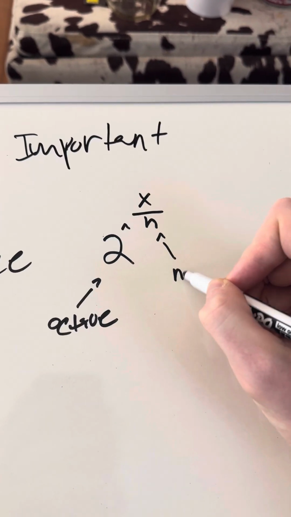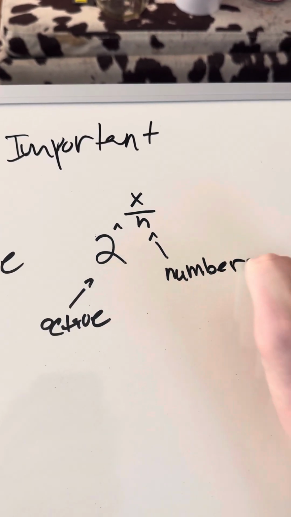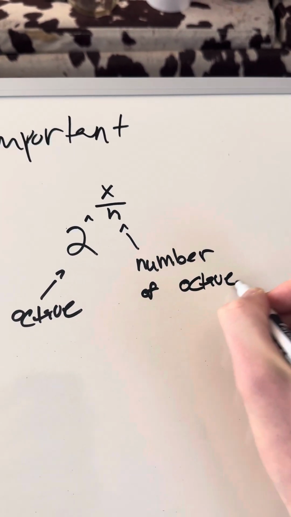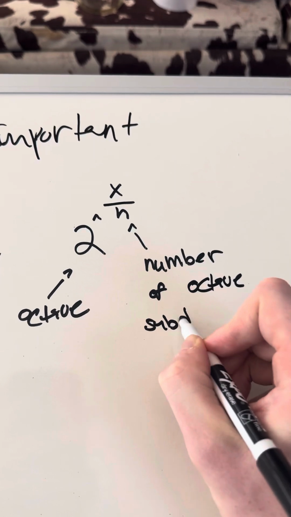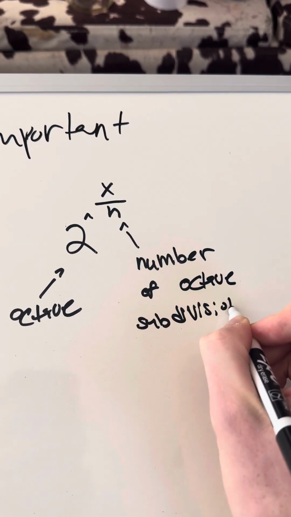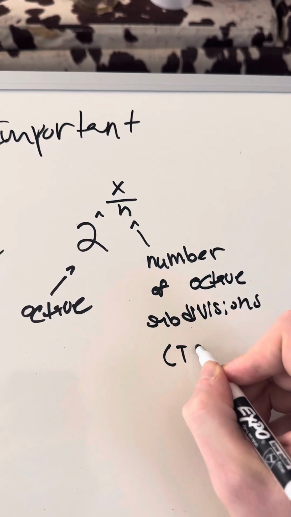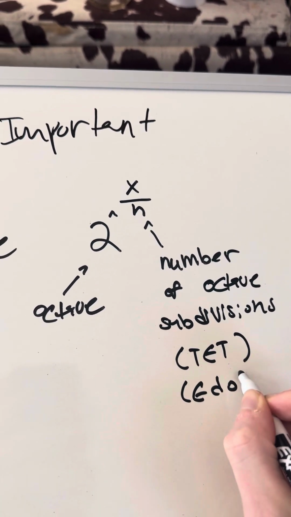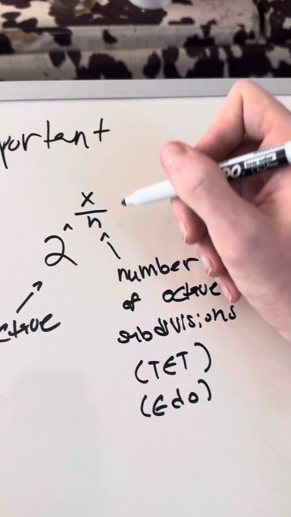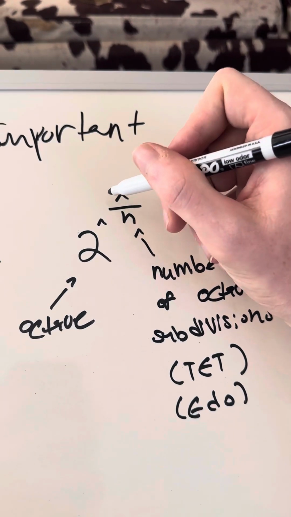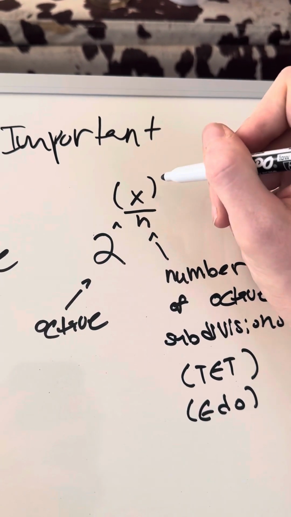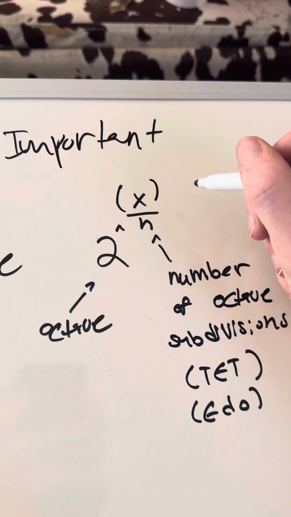This is going to be the number of octave subdivisions, and you write TET or EDO here, and then so I want to do that here, and then we can even write out